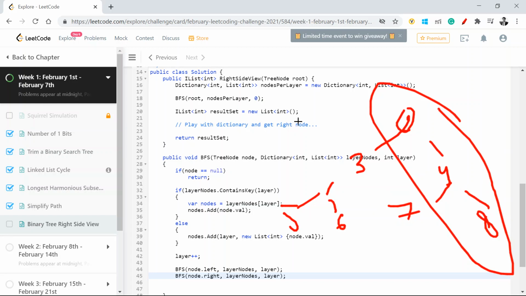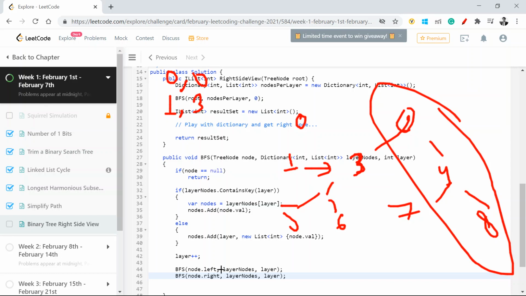So say when the first time came in, this was my layer 0. I saw, okay, does my layer node dictionary contain layer 0? No, it doesn't, so add that value to it. So 0 got added with this particular value. Now I'm at layer 1, because now you're going to look at the child node of this one. So when I'm here, I'll go node.left, child.left. Now if I'm going back to it, I say, okay, do I have a 1 in this? No, I don't have a 1, so I'll add 1 with a value of 3.